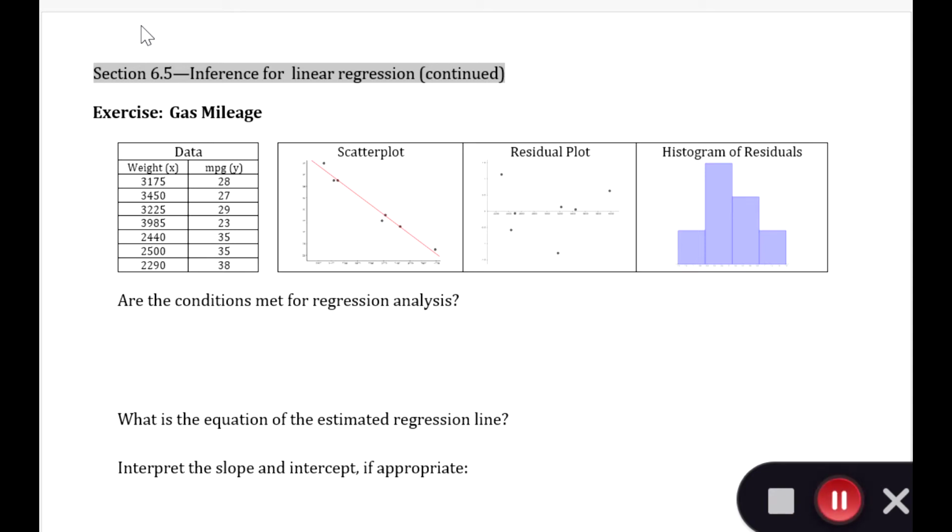Hello, these are the exercises for section 6.5, inference for linear regression. So here we have an example on gas mileage, and you can see here in the X column, this column here, it's for the weight, and that's the X values. These are the explanatory values. Then we have the miles per gallon, which is our Y, which is our response